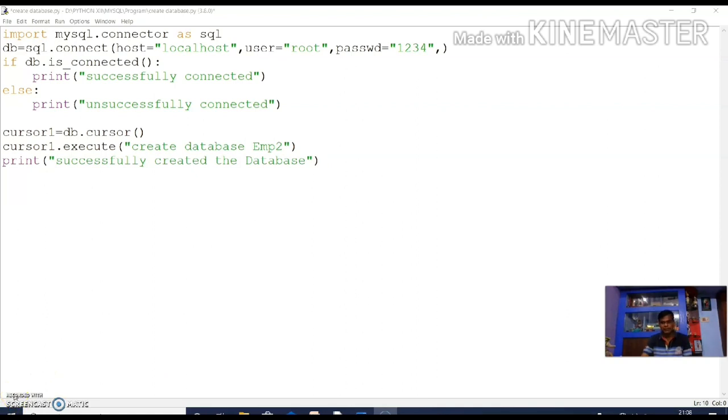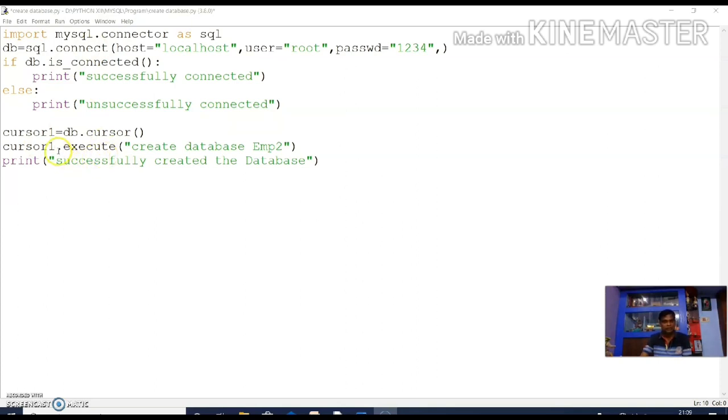The next step is to use the connection object returned by the connect method. Now you create a cursor object to perform database operations.